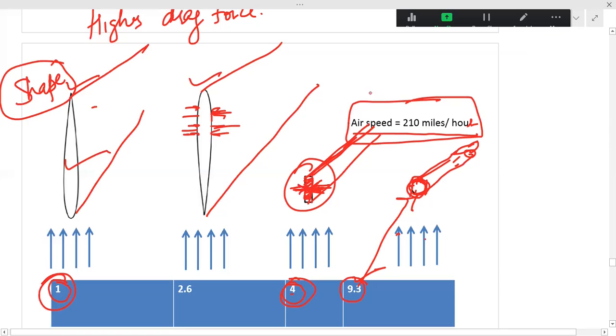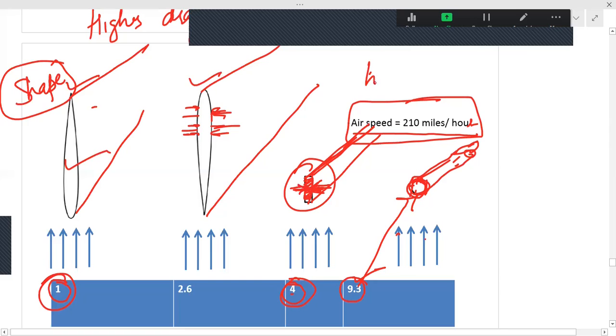So that's why we have moved on. You might have seen the aeroplane of the Wright brothers. It had a number of wires and rods of circular cross-section, and that's why it had a large amount of drag force. So we are able to see that if we have the same diameter cylinder, it has around 9.3